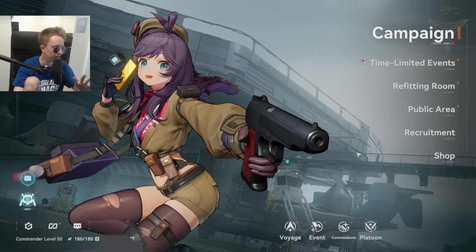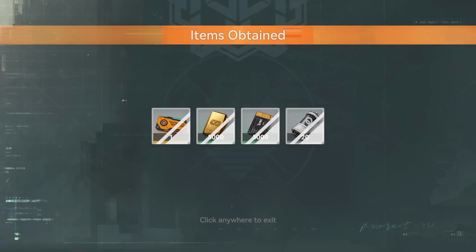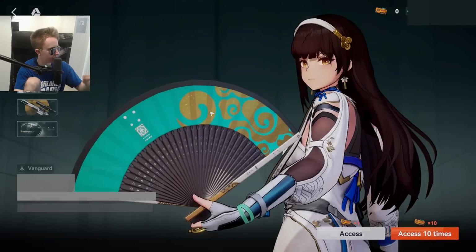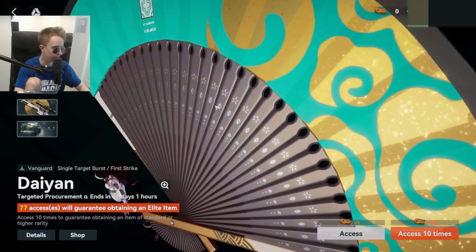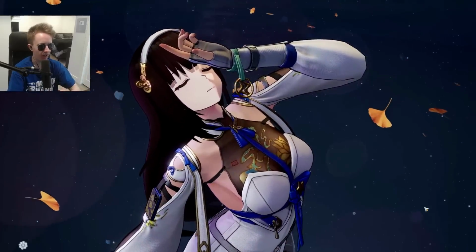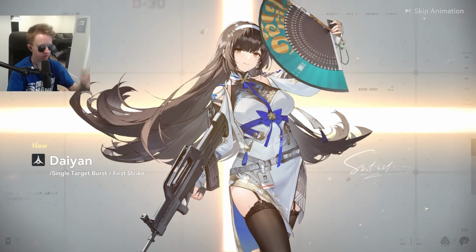And then also we're going to have a 10-day login, where by logging in for 10 days, you can get 10 more of these permission passes to again roll for some of these very pretty limited characters. Then of course, after obtaining and getting some of your limited characters, like for example this character Dion, who had